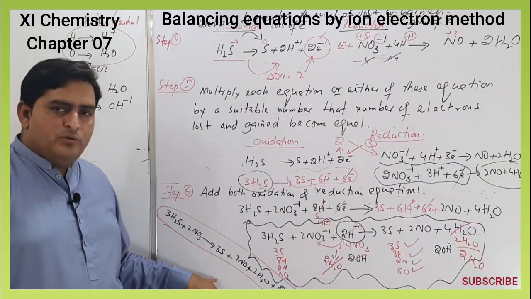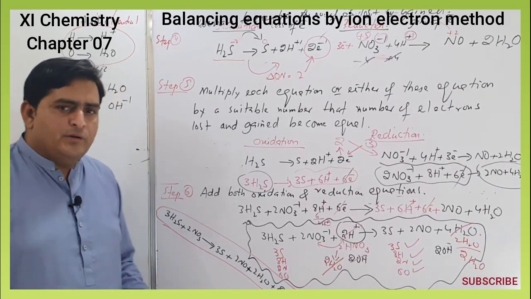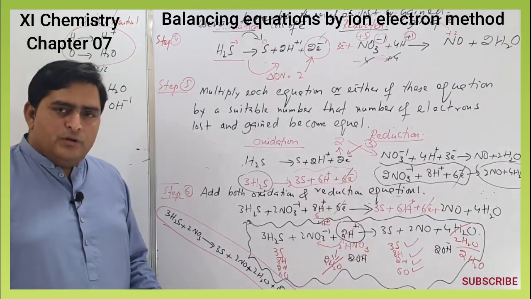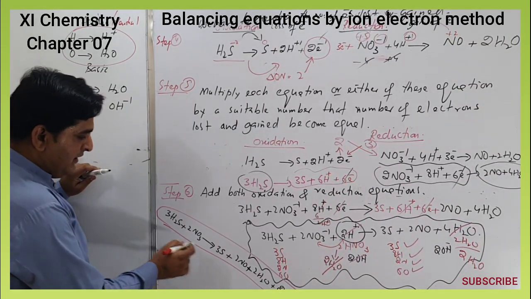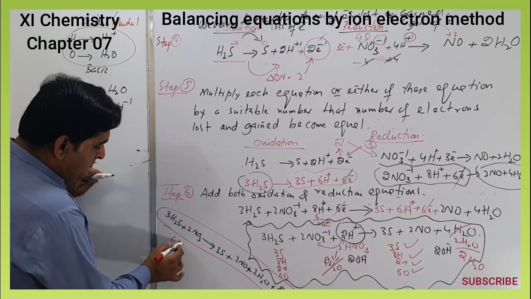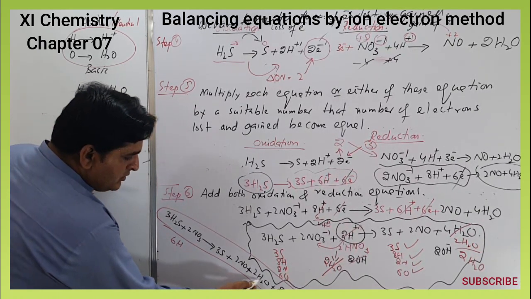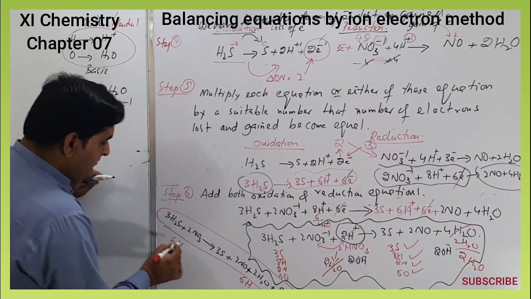This is what we have to do. We have to do smart work, not make things complex. We have to make things simplified. So this is the way. Look at the atoms, whether they have been balanced or not. Hydrogen: 2 to the 4, 4 plus 2, 6 hydrogen. So 6 hydrogen on each side.